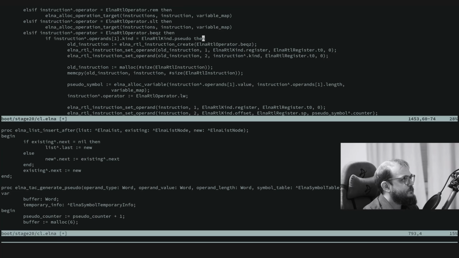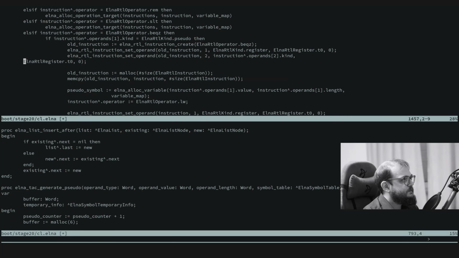I actually know from the second operand of this instruction that the first operand is a pseudo register, but I do not know the second one. So we just say that this would be the second operand kind, and then we would have